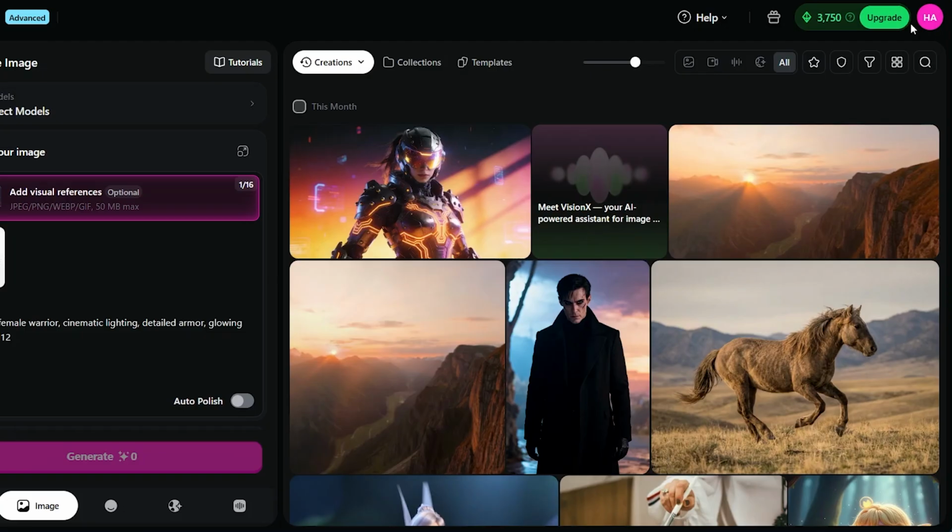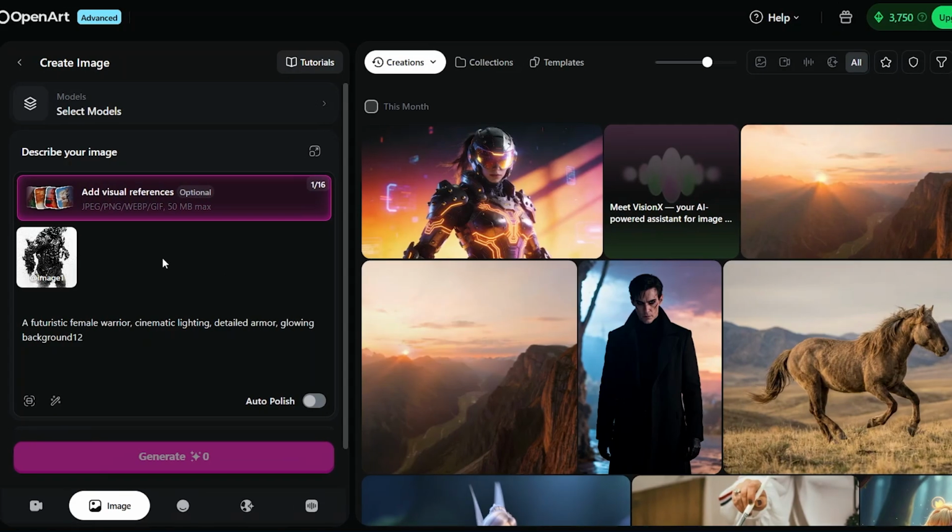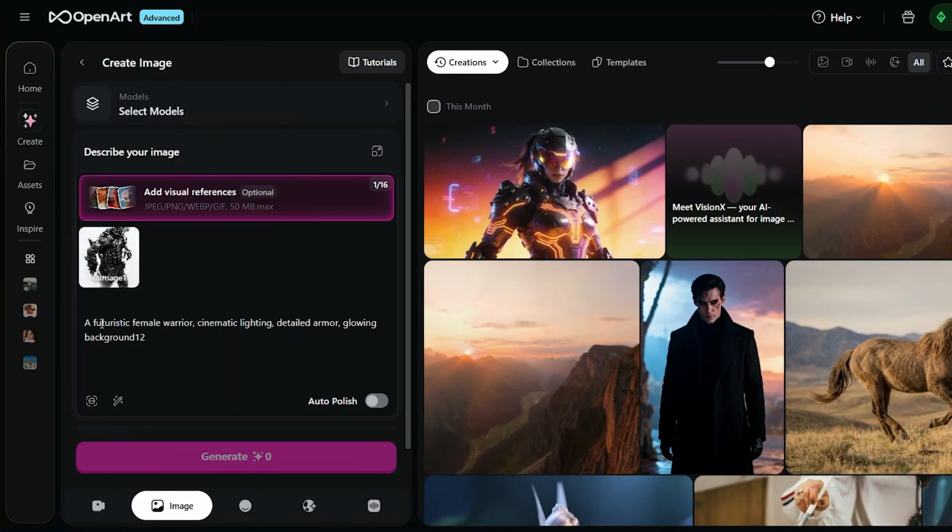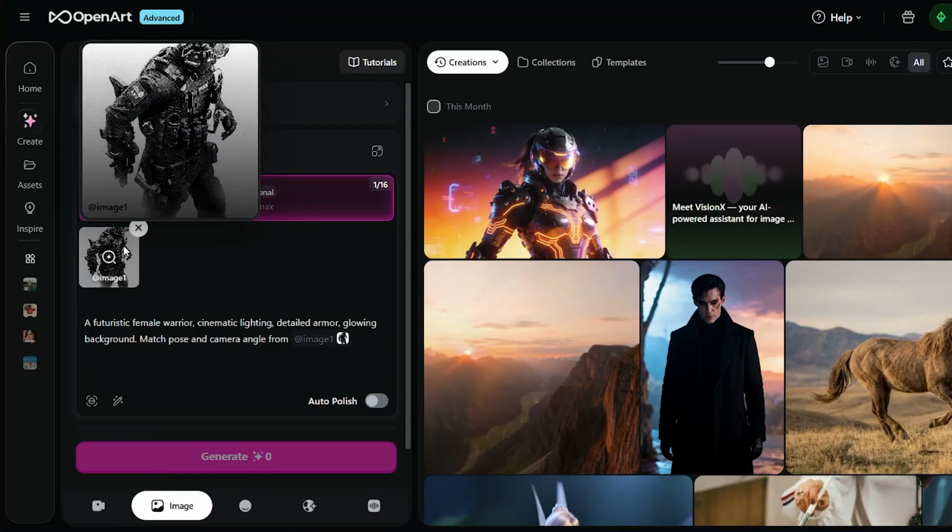So let's try and see if we can get that. Now you've added in the reference image and you've put in the same prompt. The only addition you're going to make here is to reference and follow this. So here I'm just going to add that in, and there we go. I'm going to put in "match pose and camera angle from," and now I'm going to reference that. So I'm going to put in "from image 1." And so we have the image referenced and we have the same prompt, just some added information on referencing this